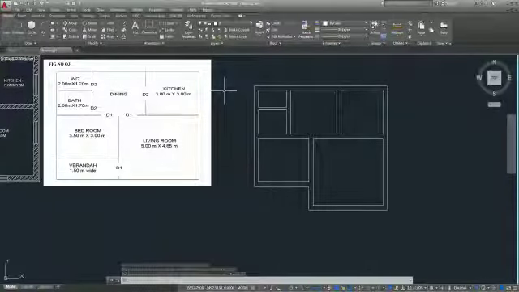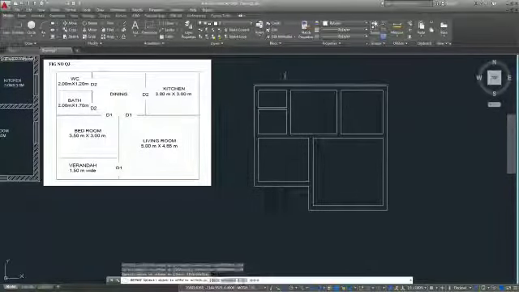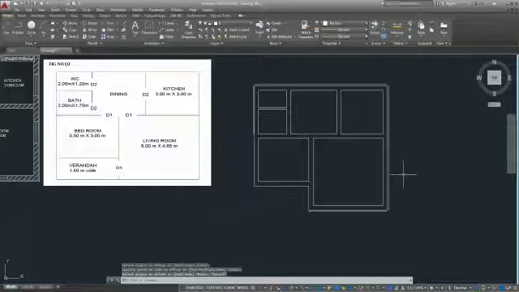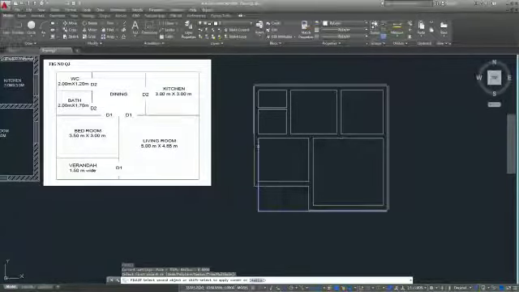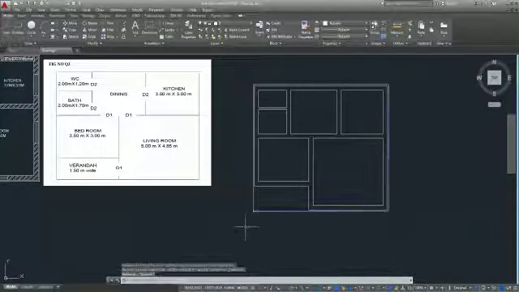Okay, then what you do? O enter, plinth line 100. Here 100, here 100. Now F enter. See, now the drawing is done.